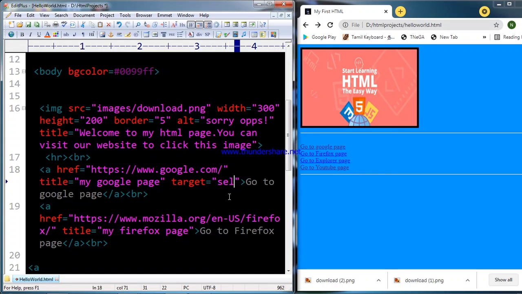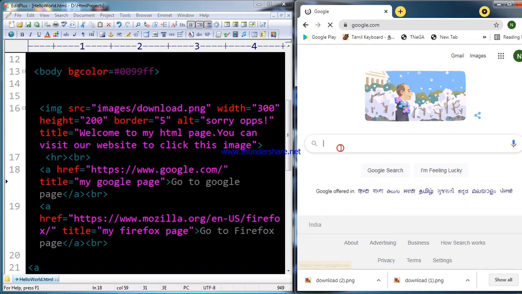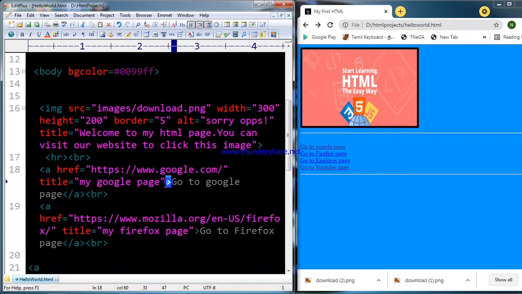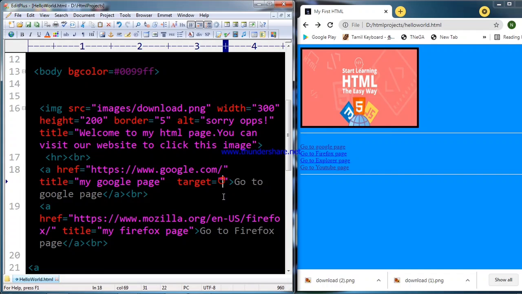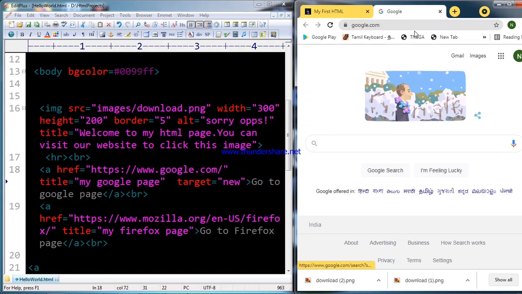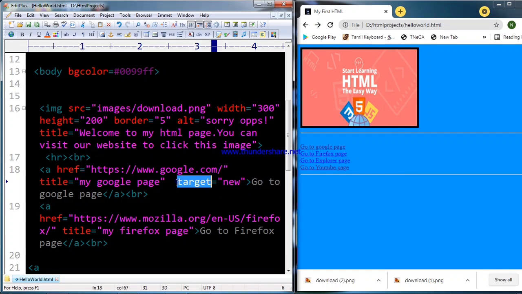To overcome that issue, I am using one more attribute named target. Target means which type of opening page you want: to open in a new page or in the same page itself. I am giving the target so that it always opens as a new page.